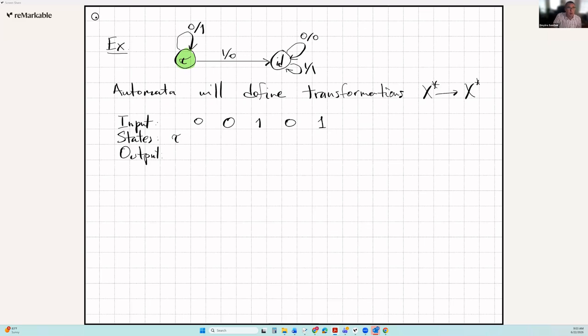Okay, so you are in state tau and you read letter 0. That's the first letter 0, right? So what you do is the following. You look at your state, and you look at the arrow such that the label of this arrow, well, it's a pair of letters from X. So the first component is your input letter. So basically it tells that if you read the letter 0 while you are in state tau, you will output letter 1, and then you move back to state tau, because that's where the endpoint of this arrow is, right? So this is what we do.